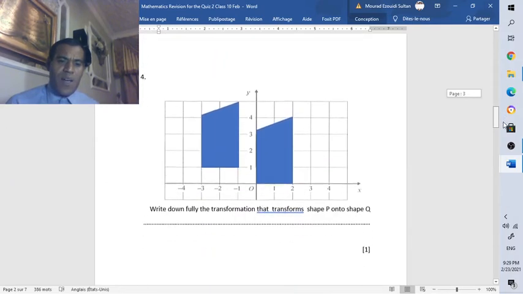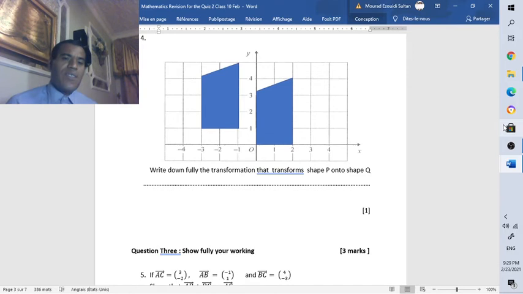Okay, now we have another exercise. Look at this trapezium, a regular trapezium. This trapezium, in fact, is transformed to a new shape. This first shape is, let's say, the shape P, and this one is the image of shape P, which is called Q. Now write down fully the transformation that transforms shape P